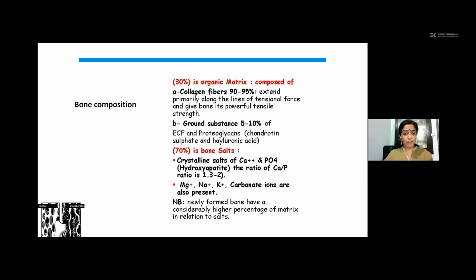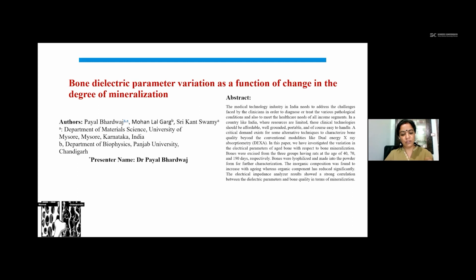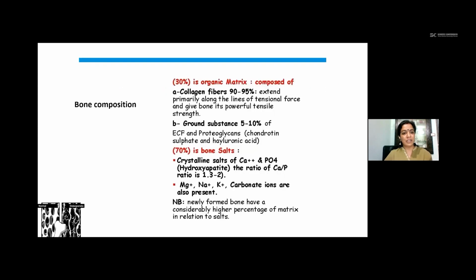Before going into details of the technique and what it will let us know about, I think it is important to have a better understanding of the bone composition and the bone structure. I think everybody would be aware of the bone composition and structure, but let's have a brief